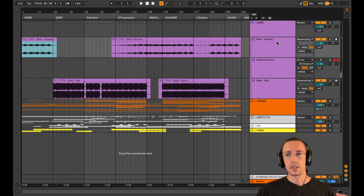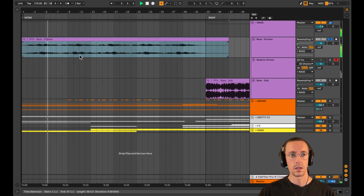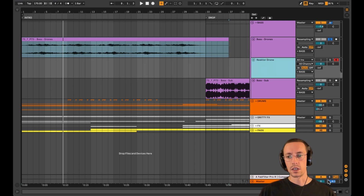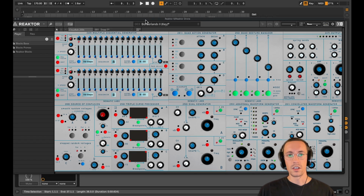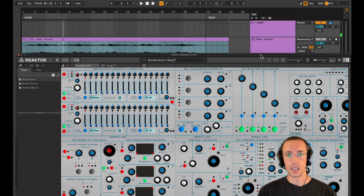To start with, we've got this drone here. So that has a pitch modulation going on, slowly pitch bending down and up and down and up. And that's just an LFO. I originally made this using a Reactor patch. Now I don't have the original patch which I edited, but I found the patch that it was based on. And if I solo that and hit a key,